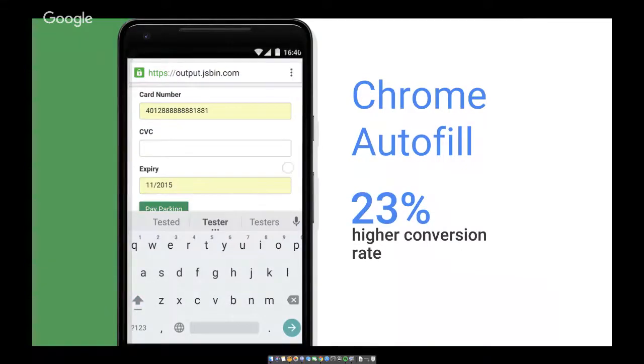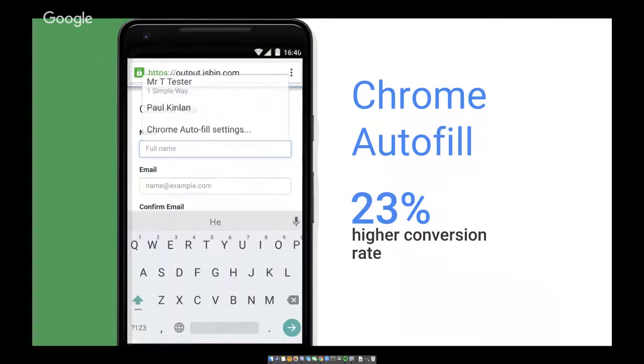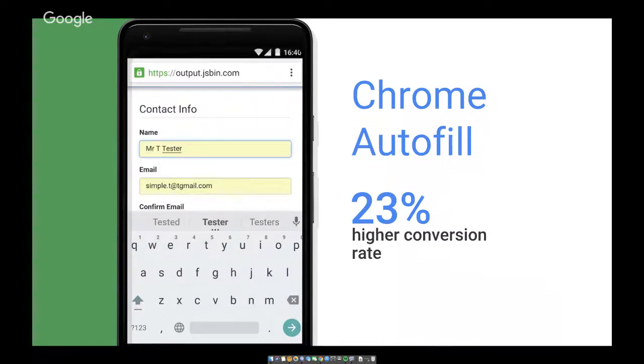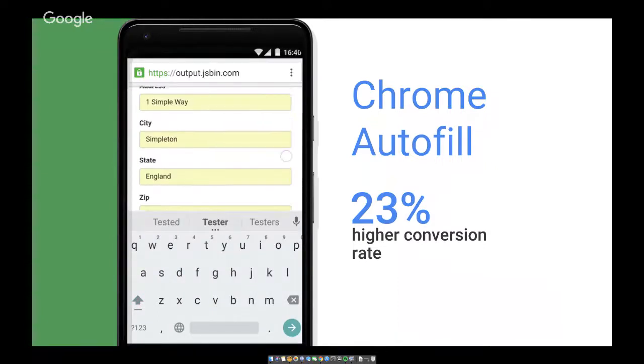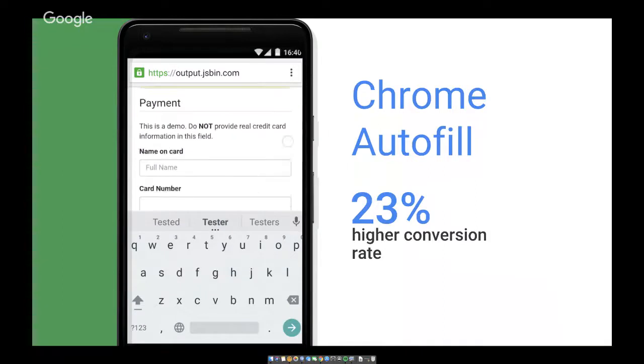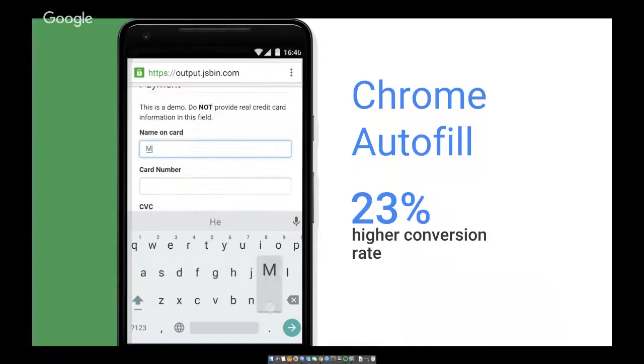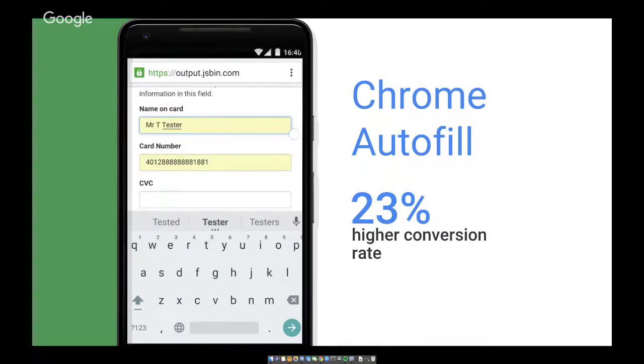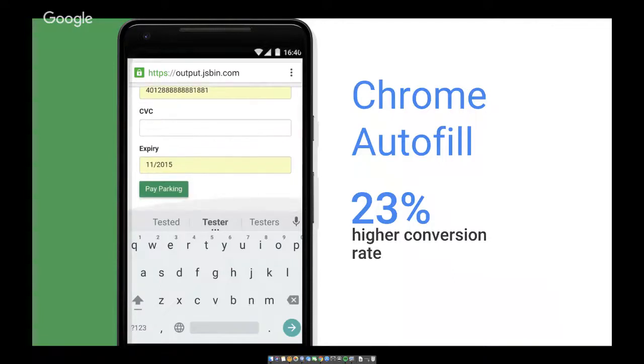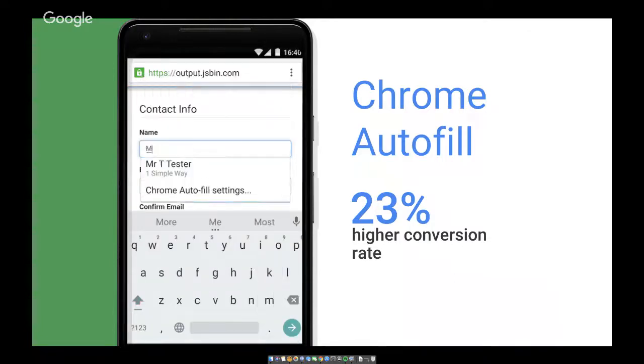Here you can see people can just go from the checkout page, type in their name, and only need to type in their CVV code, I think. From there on, it all goes automatically. You see a 20% higher conversion rate. I think your developer knows how this works, and you can definitely search how it works.